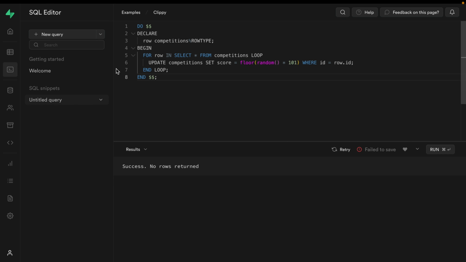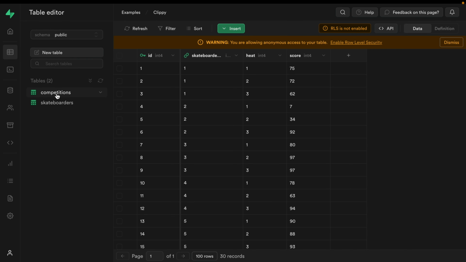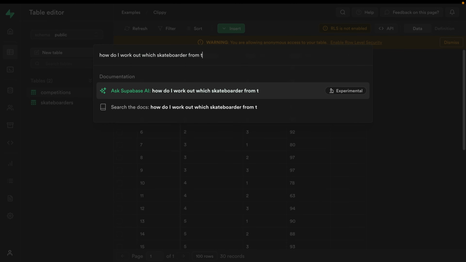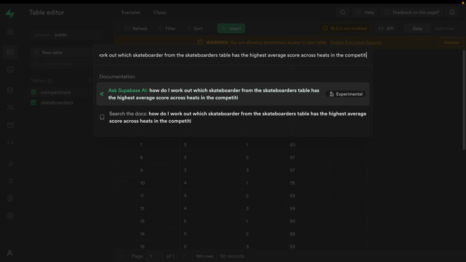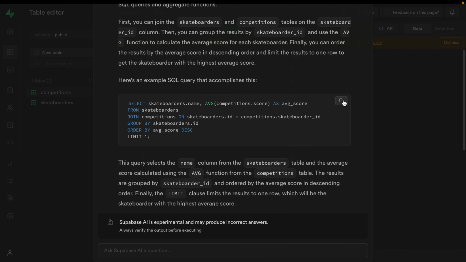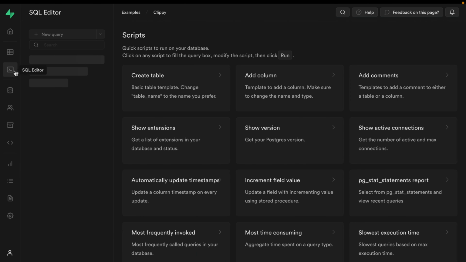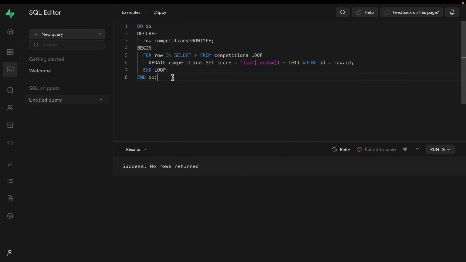So now that our competition's over, who is the best skater? Let's head over to the competitions table and have a look. It is actually kind of hard to pick a winner just looking at this data. But wait, I've got a helper. How do I work out which skateboarder from the skateboarders table has the highest average score across heats in the competitions table? Okay, this looks scary enough, so let's copy this over to the SQL editor and replace our query